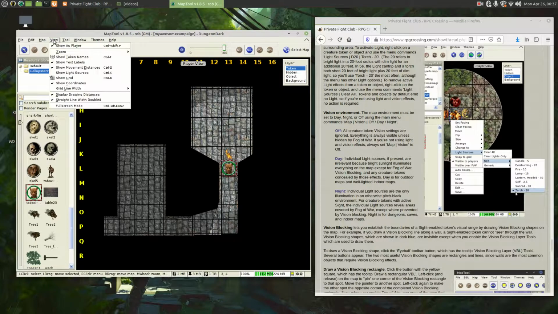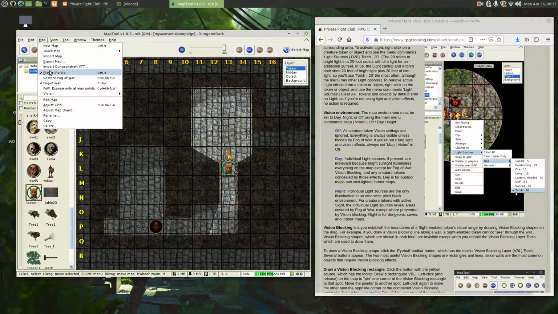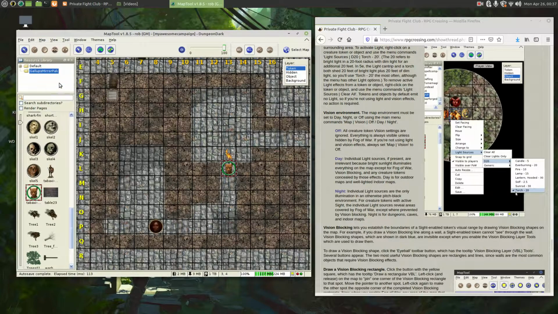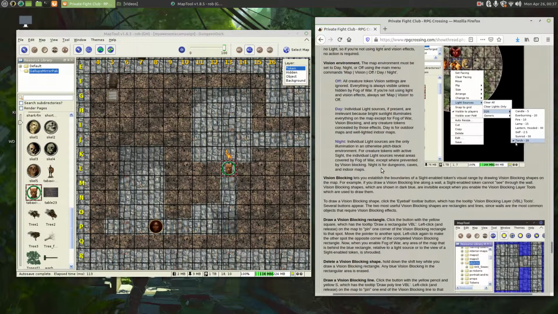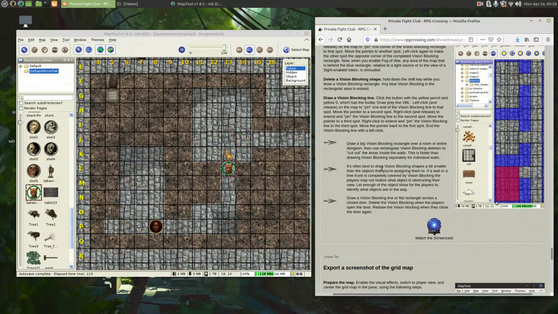Okay, I'm going to turn off Show as Player and going to disable Fog of War. And I think that covers everything that I wanted to in this lesson, which took a little longer than I thought it would, but